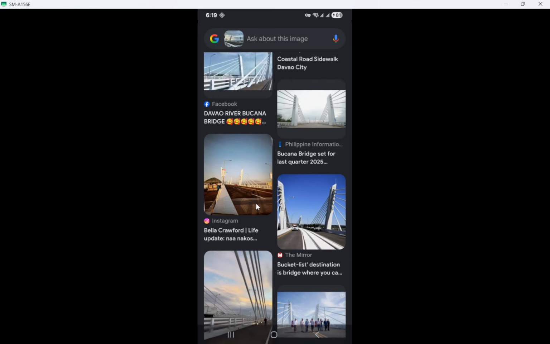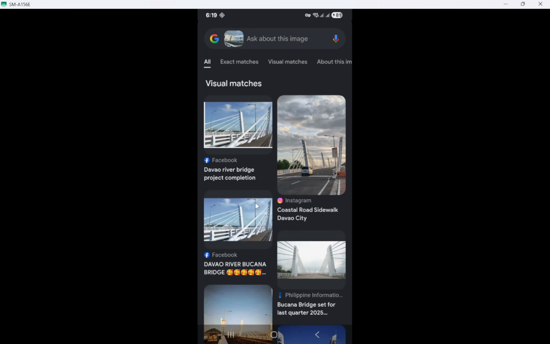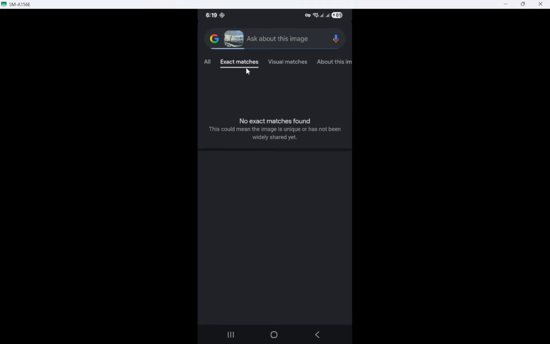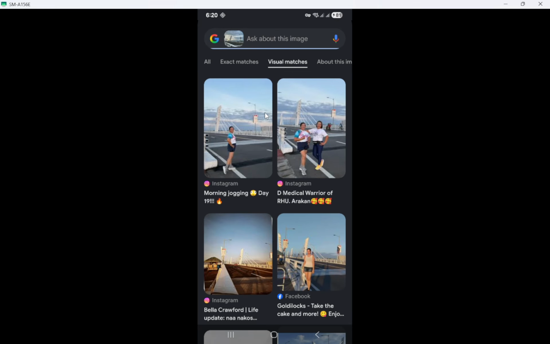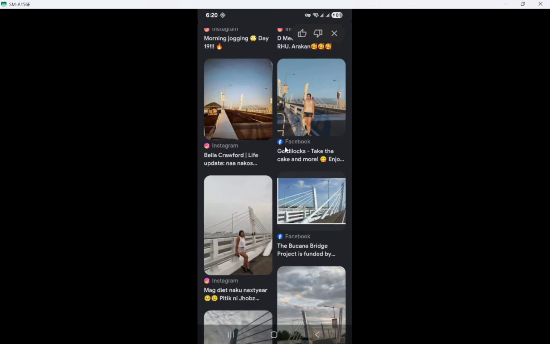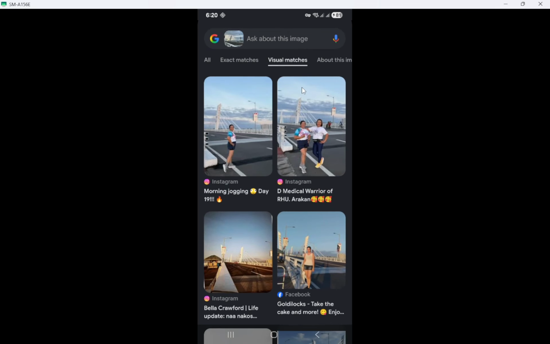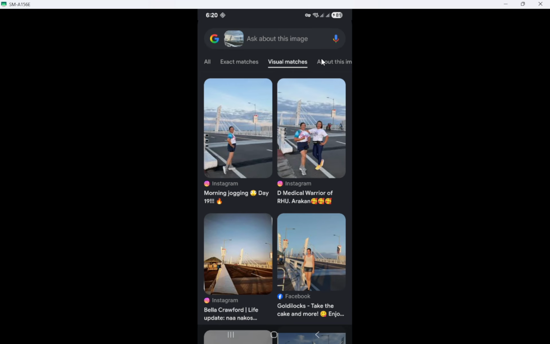A few important notes to keep in mind. Google Lens has replaced much of the older reverse image search system, and many people find it better at recognizing and describing objects than at finding exact original sources. Exact matches may not always appear, especially if the image is heavily cropped, blurry, or low resolution. For the most reliable results, start with clear, high-quality photos.